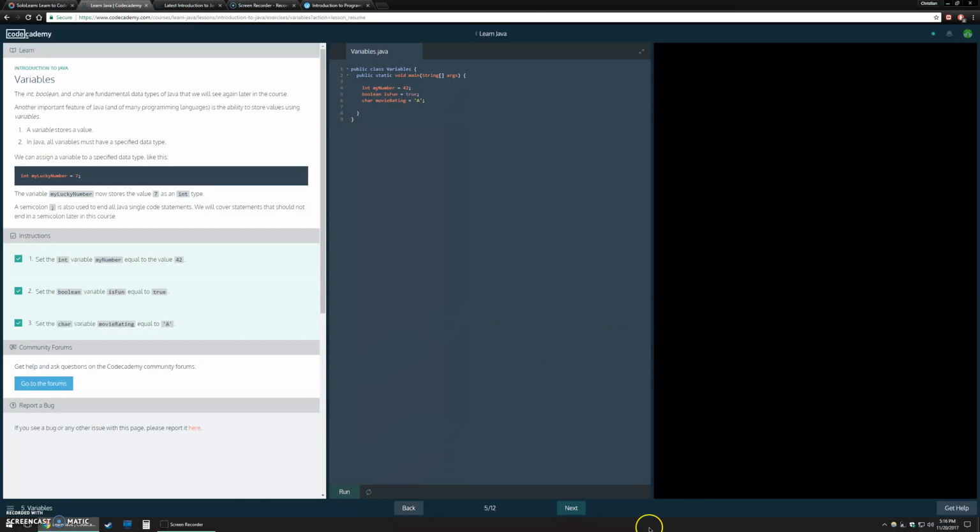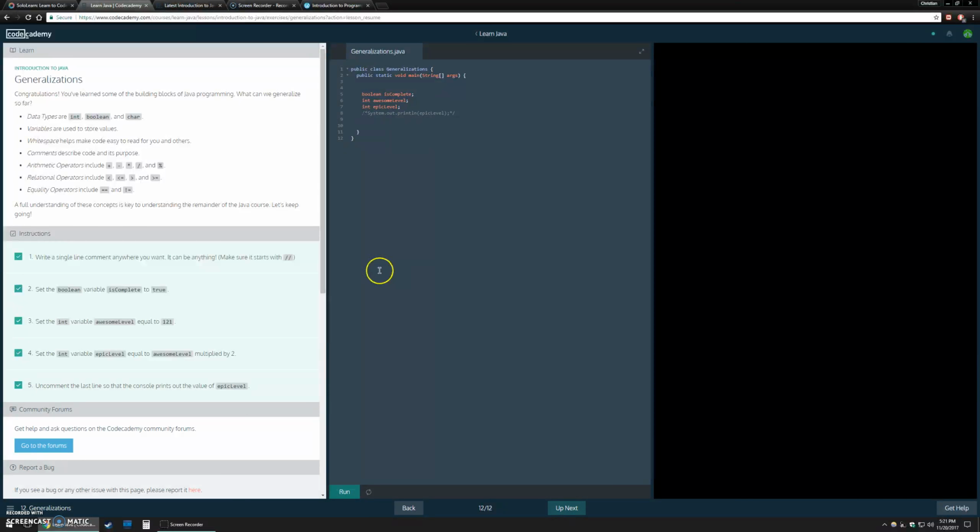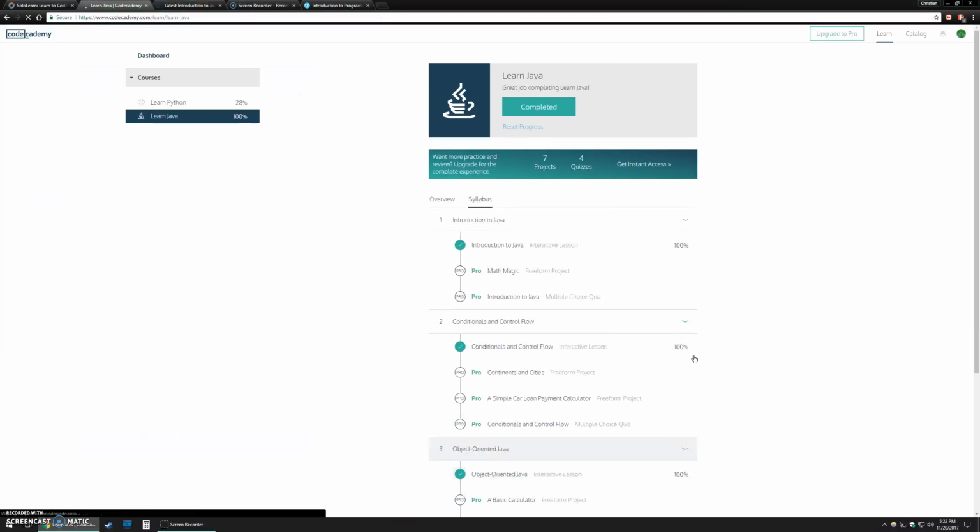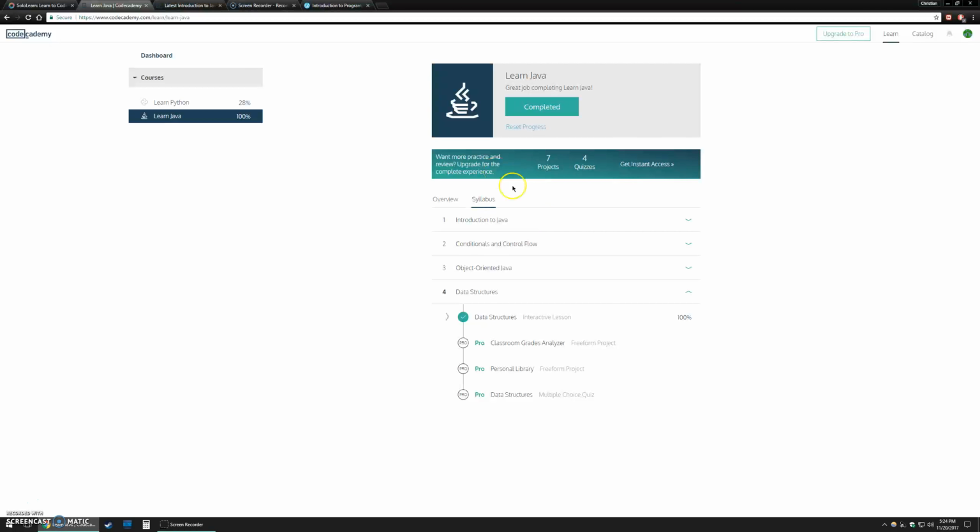And from there, the next button would be flashing, as you can see here, and you can proceed to the next lesson. You would then continue through until you get to the last section of the chapter that you're on. And in general, the last section is going to ask you to apply all of the knowledge you've gained from that chapter. And with that, you would have completed the first chapter, and you can move on to the second,